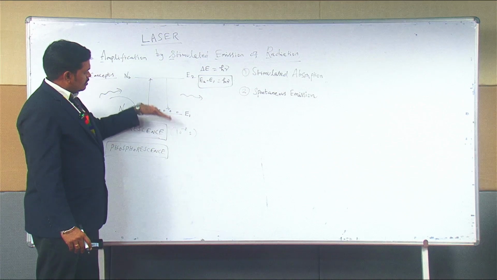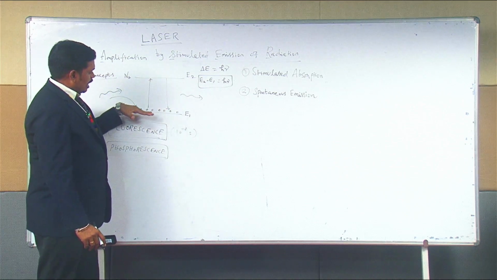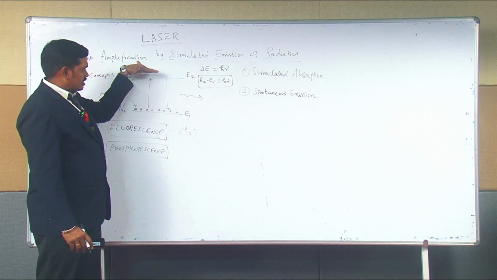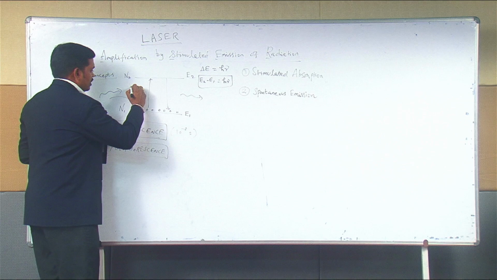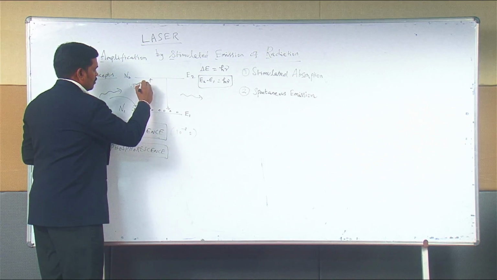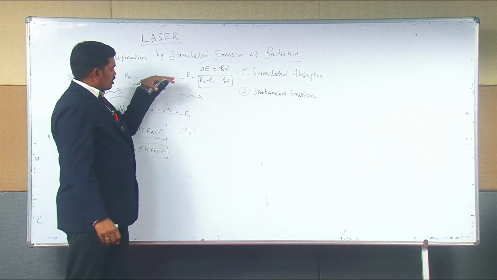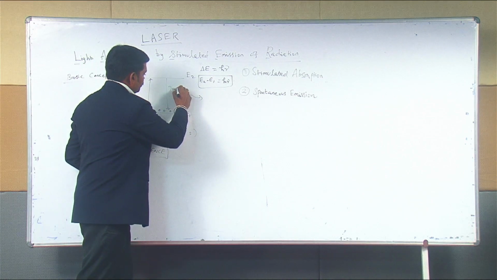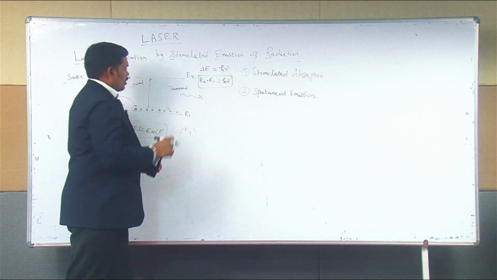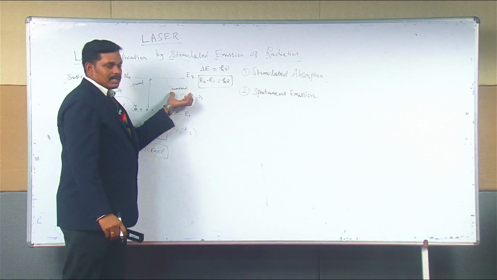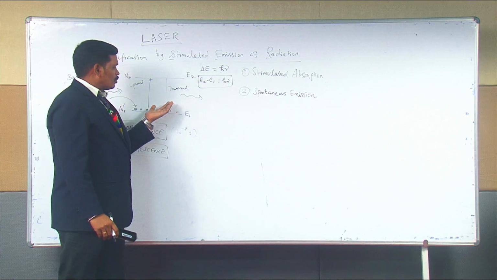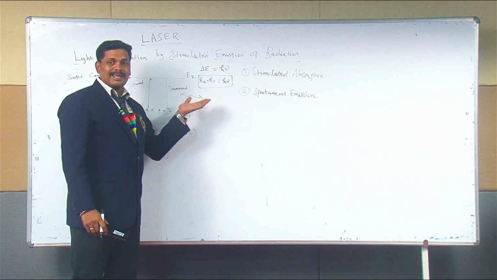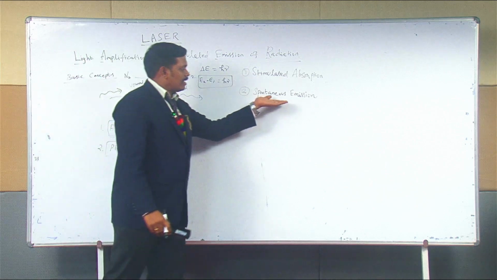We can classify it like this: when the atom or molecule goes to the excited state, it is called upward transition; when it comes back to the ground state, it is called downward transition. In the downward transition, if it is able to radiate the laser as output,